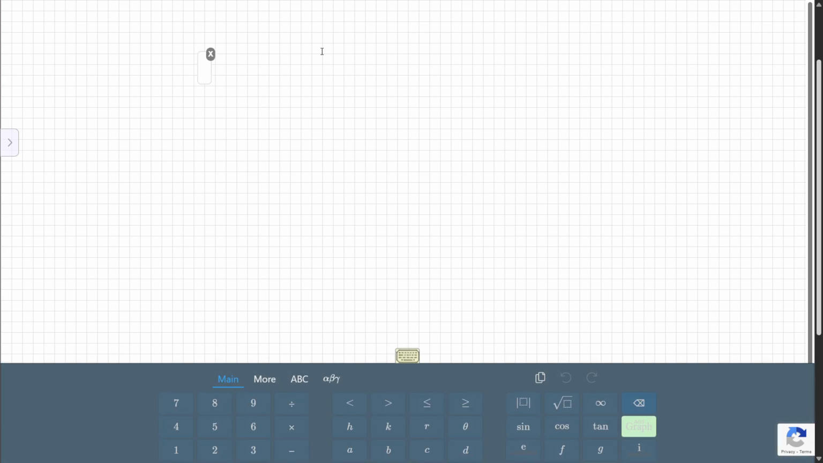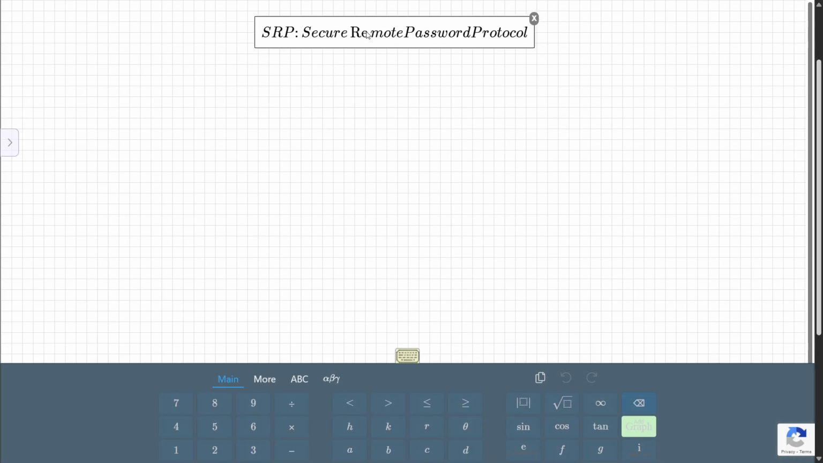So what will we be talking about? In short, it's called SRP. It simply means a secure remote password protocol. Okay. So with this protocol, basically we don't need to know the password for an individual. We just need to know,